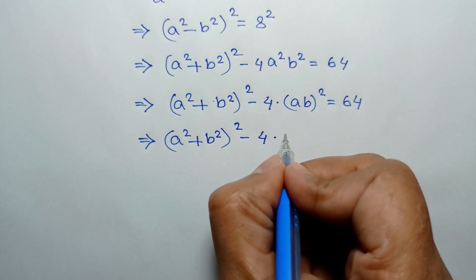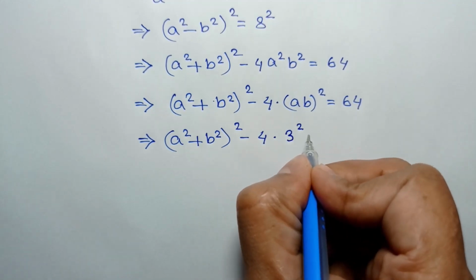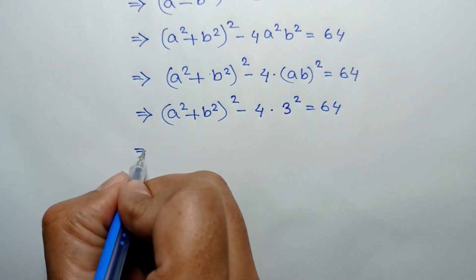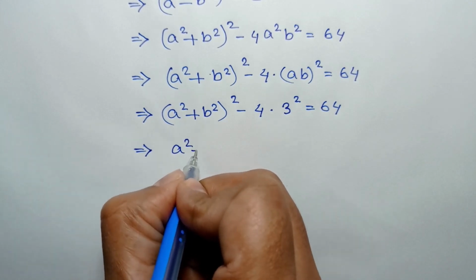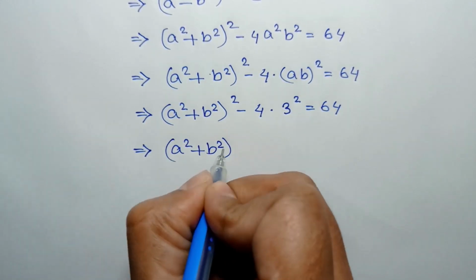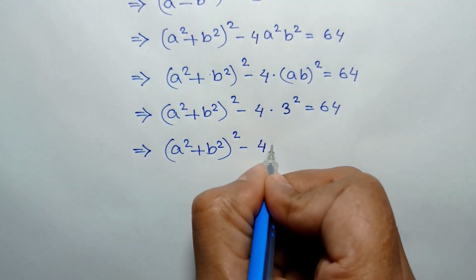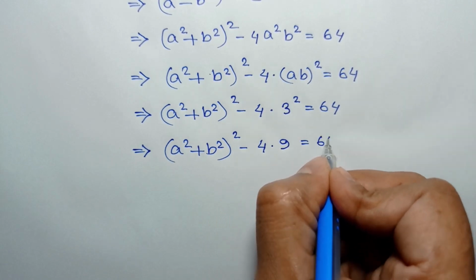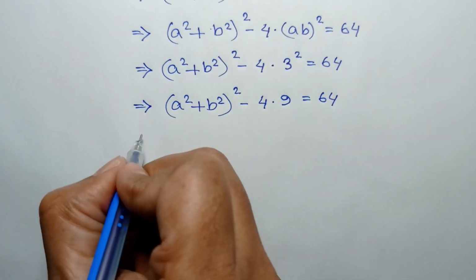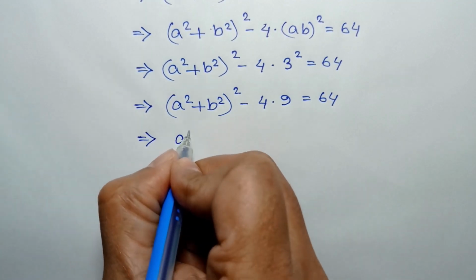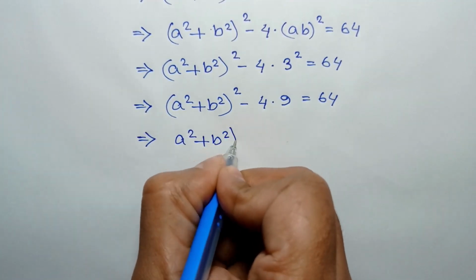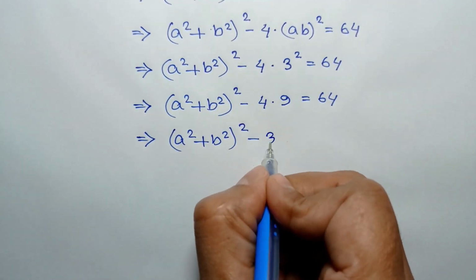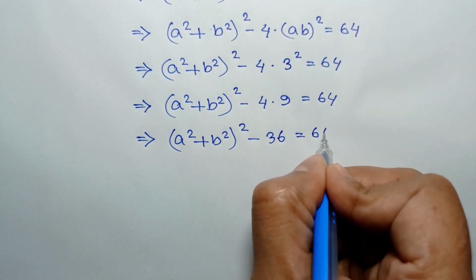So substituting this value we can write 3 square is equal to 64, or (a square plus b square) whole square minus 4 times 3 square is equal to 9 is equal to 64, or (a square plus b square) whole square minus 4 times 9 is 36 is equal to 64,